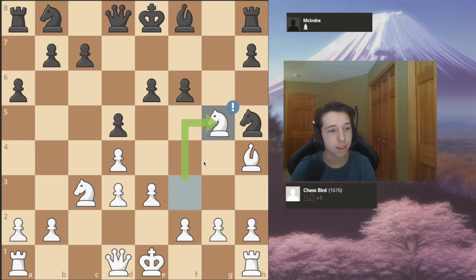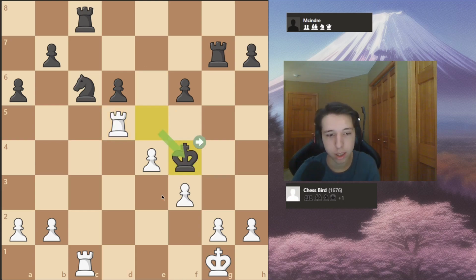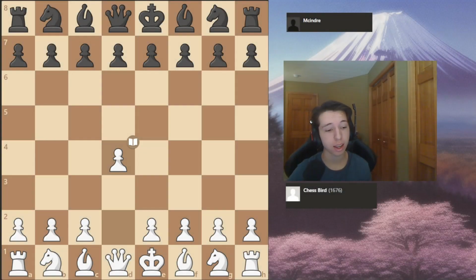Knight takes g5. If you've done enough puzzles, you'll know some weird mating patterns, but I played the very stylish king f2. Hey guys, welcome to today's video, and today is the final recap for the tournament that I played